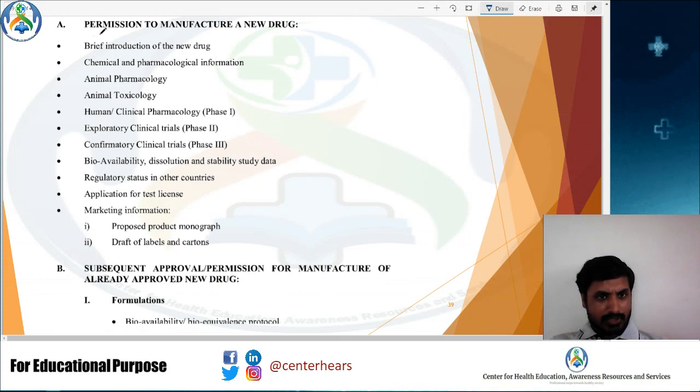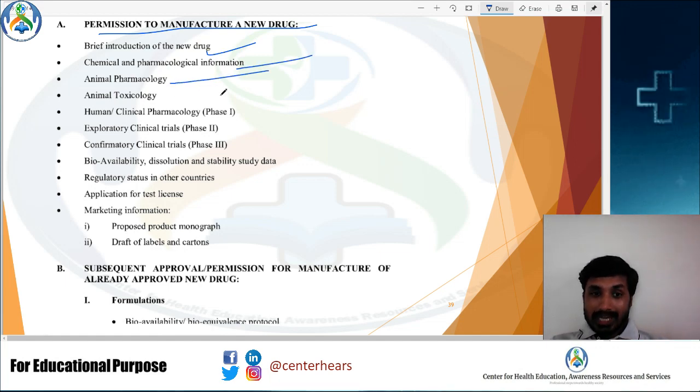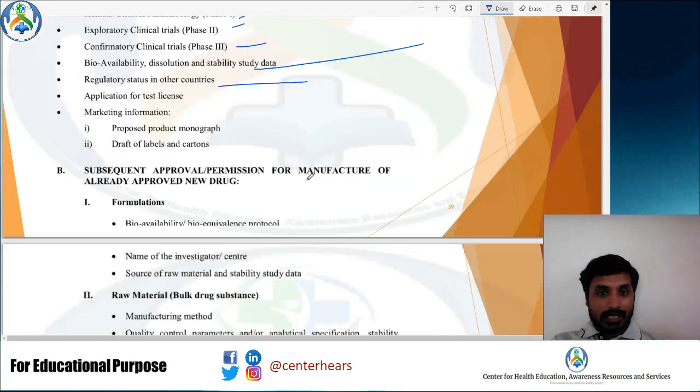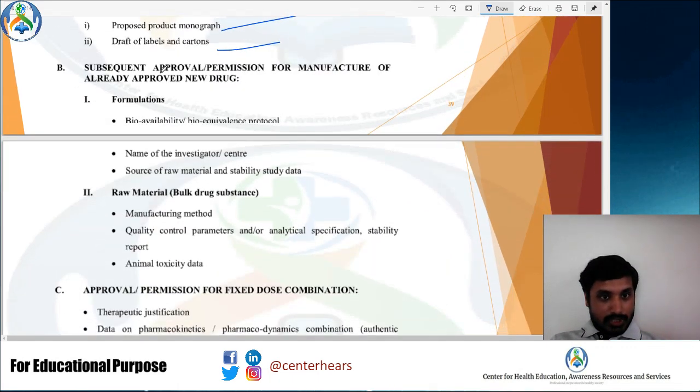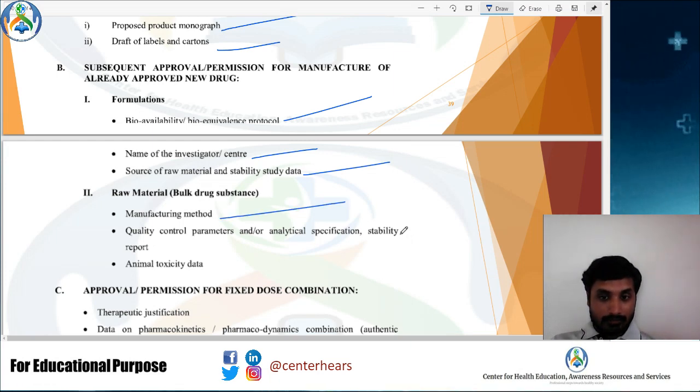In A, the first one is permission for manufacturing of the new drug. That includes a brief introduction of the new drug, then chemical and pharmacological information, animal pharmacology, animal toxicology, human clinical pharmacology, phase 1, phase 2, and phase 3 trials, all three trials, then bioavailability, then regulatory status in other countries, then application for the test license, then proposed product monograph and draft of the labels and cartons, and then subsequent approval permission of the manufacturer for drugs which are already approved, the bioavailability or bioequivalence protocol, then name of the investigators or centers, then source of raw materials and stability data for the formulation and for the raw materials or bulk drug substances, then the manufacturing method, whatever method you have applied, that report is required, and quality control parameters,